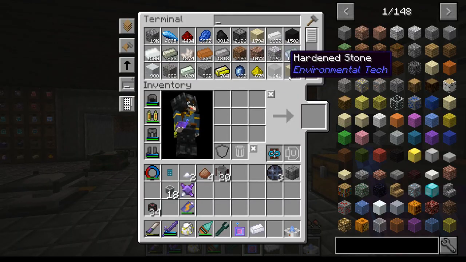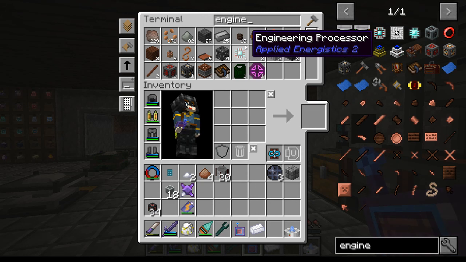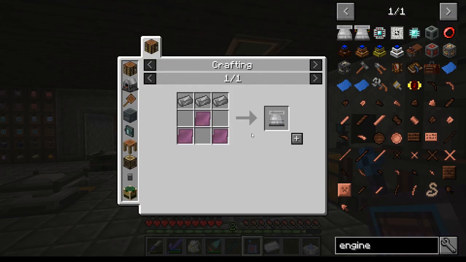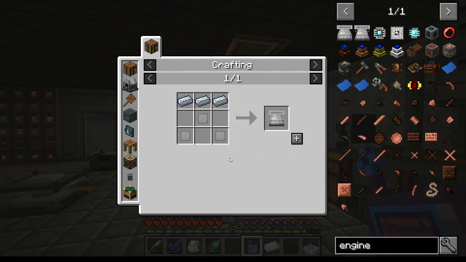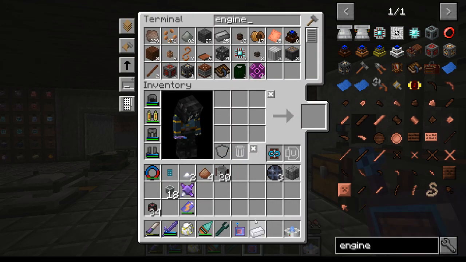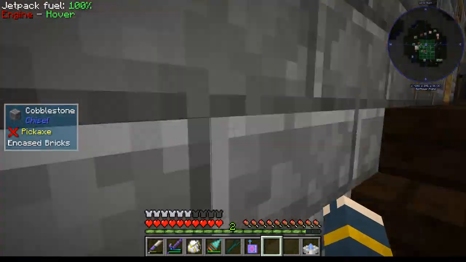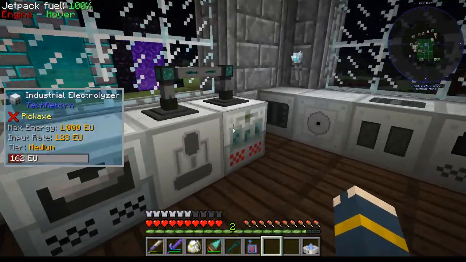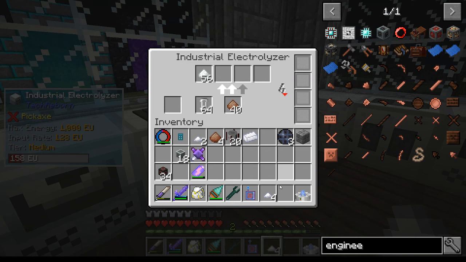Alright, so engine. Liquid fueled engine. We're going to need 15 steel and 15 titanium. Oh, that is going to take a bit. That is going to take quite a bit. Okay. So what I'm going to do...